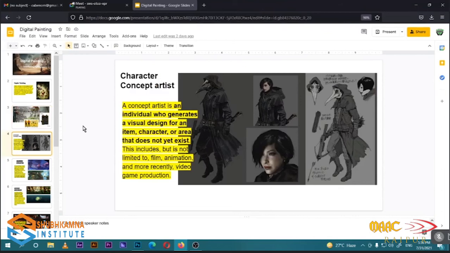A character concept artist is basically a person who generates the visual design of a character. A character could be anyone. The job of this character concept artist is that the person has to know the character's anatomy, and also has to show the character's expression and the character's mood as well, that what type of a character it is.